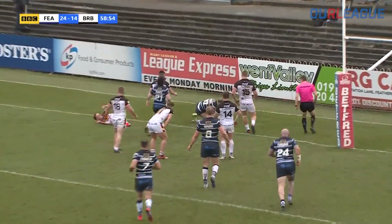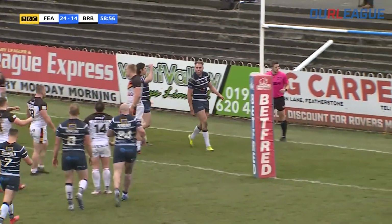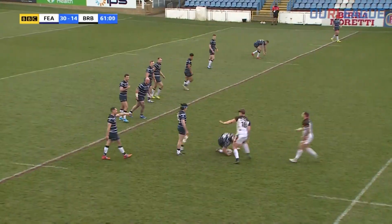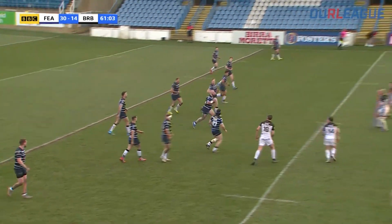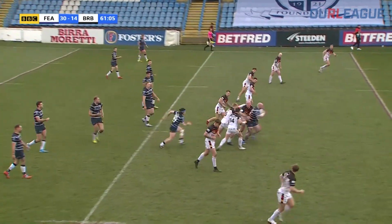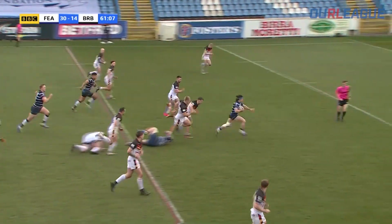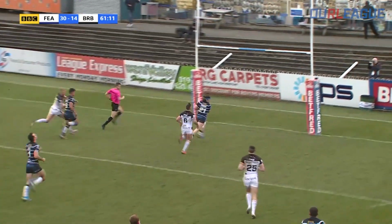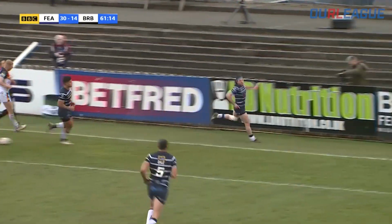Oh, but Featherstone, Harrison. Here we go, through. James Harrison, what about that? There's a young fella who wanted that, wasn't it? Parata once more going to acting half. The pass up the middle of the field to Ferguson. Ferguson almost half a break there. He's got Parata on his shoulder. Parata, he's got to go in clear from 30, 40 metres out, and that surely must be the game for